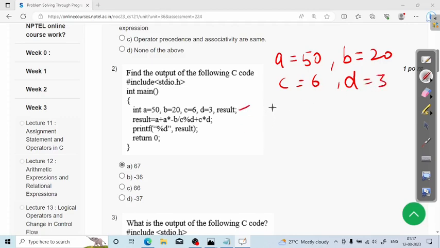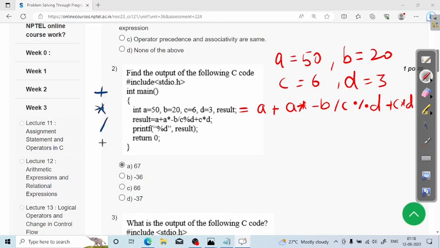in the question. Again we have one more variable, that is result, and according to that an expression is set. The expression is A plus A into minus B divided by C percent D plus C into D. So this is the expression. Let's see. As you know, when you have an expression, we first look for all the operators which have the highest precedence. In this I can see the operators used are plus,